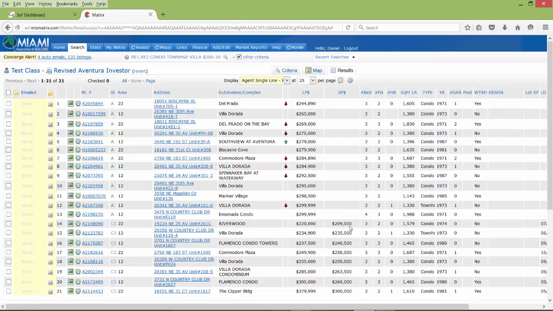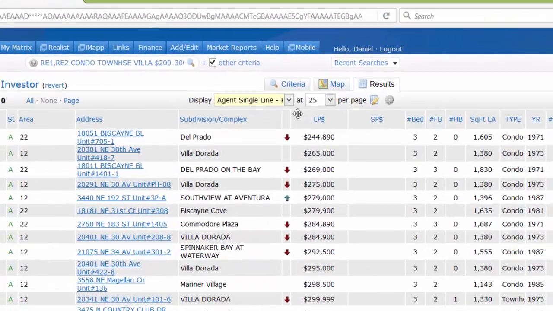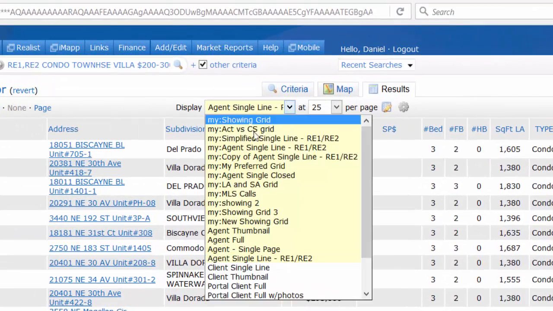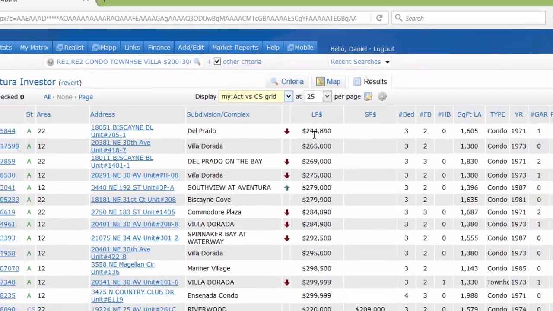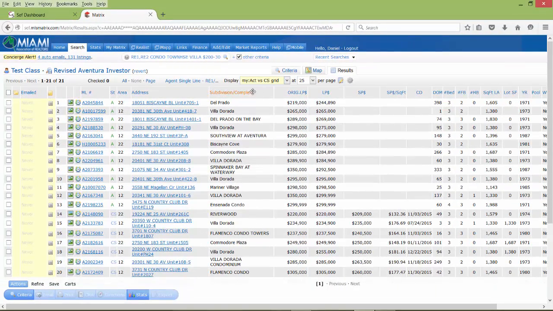Nonetheless, I believe that if we reorganize or we see these results in a different way, we can extract a lot more information from these results. So I have created my active versus closed sales grid. And if I change the way in which I interact with these results, notice that now I not only have the listing price, but I have the original listing price, I have the selling price, the dollars per square foot,